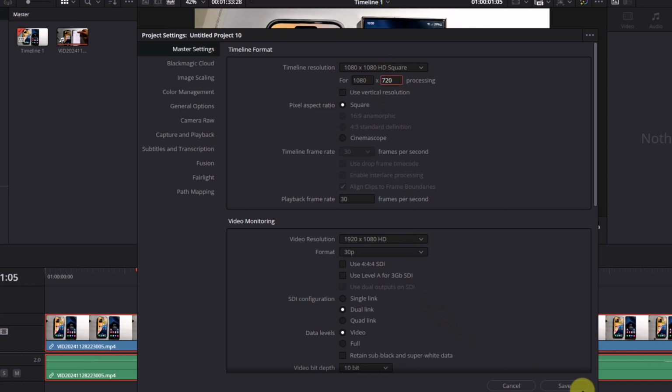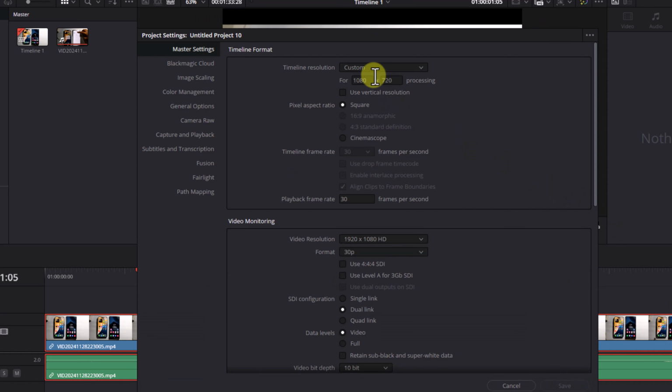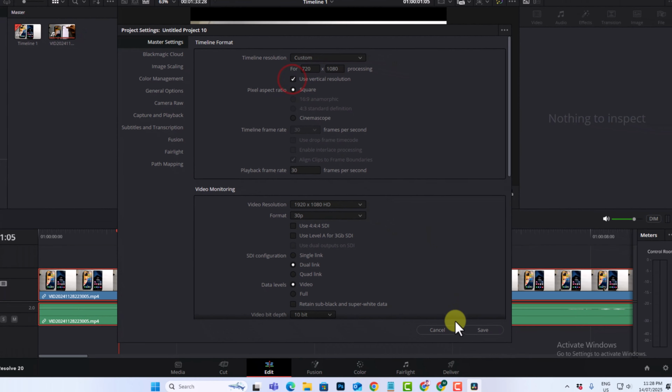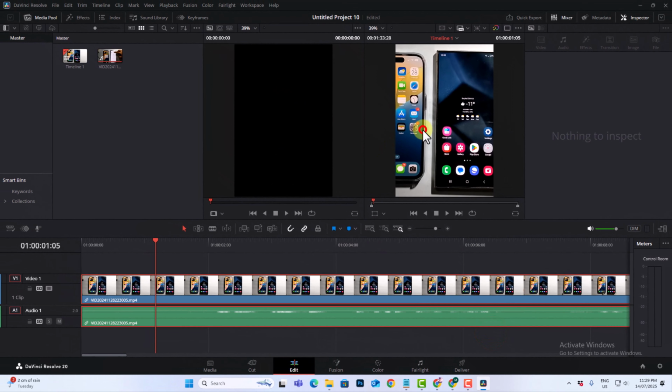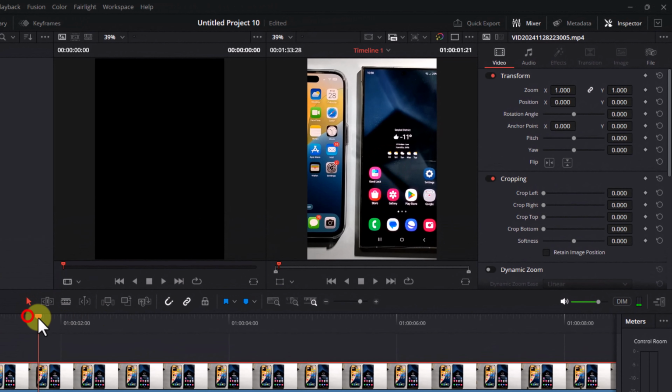Okay, and press create. Now it's successfully created. Or if you want to change, select save. Okay, and you need to adjust this frame size, so don't worry, click on the eye option and just select